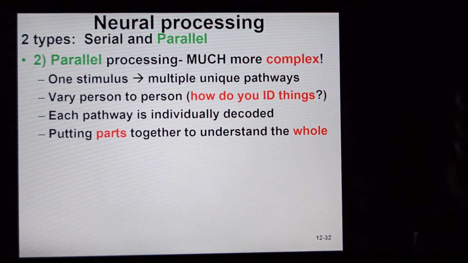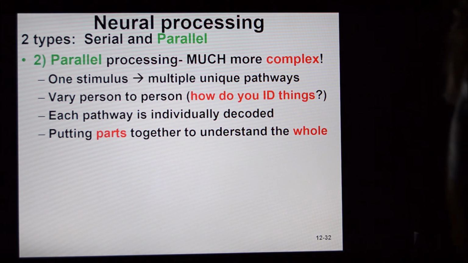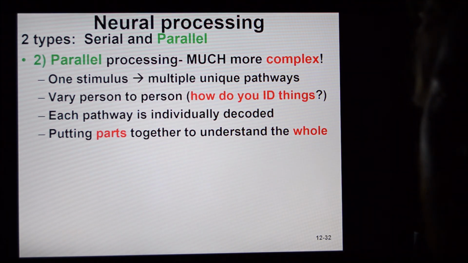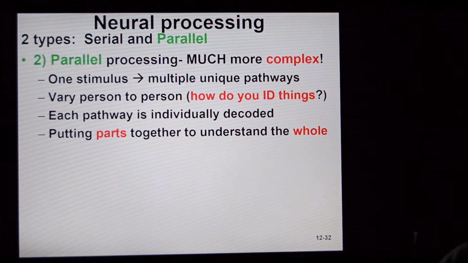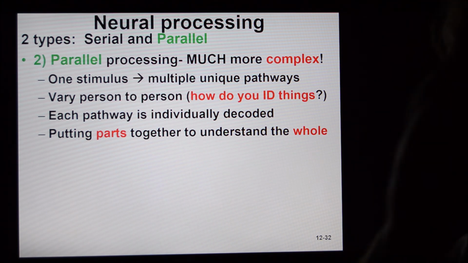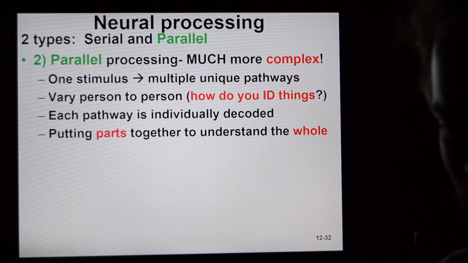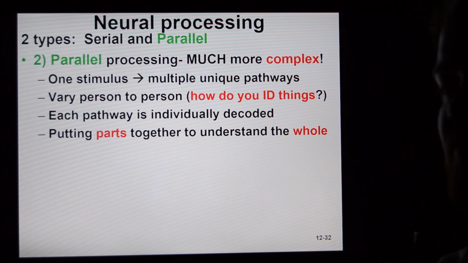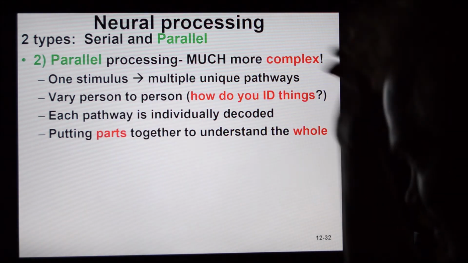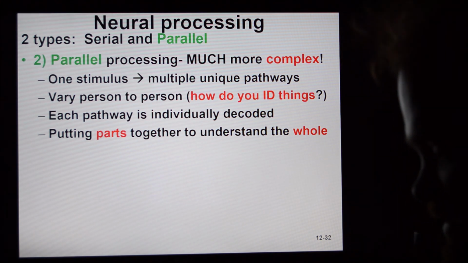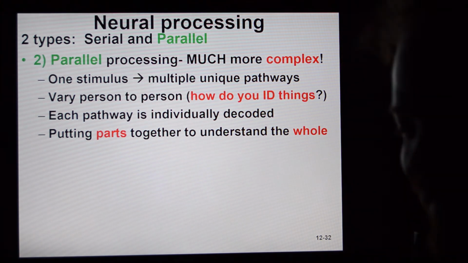And then there's parallel processing. Parallel processing is seeing the forest, not just the trees. We all have multiple unique pathways. Sometimes my wife will look at me and say, "What are you thinking about?" She can tell I'm on something, and I'll say, "Oh well, I got to take you down this roller coaster to get you where we're going on this." So I think about one concept, then another, and then another, and eventually I wind up at some weird place, and I have to explain to her how I got there.